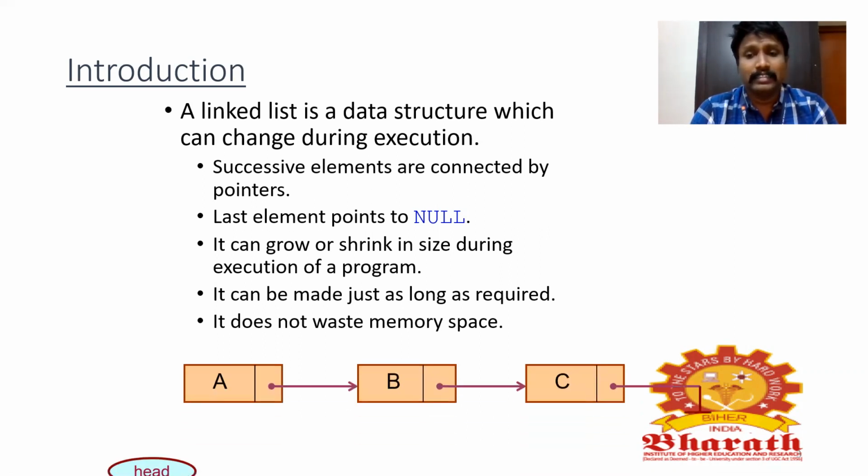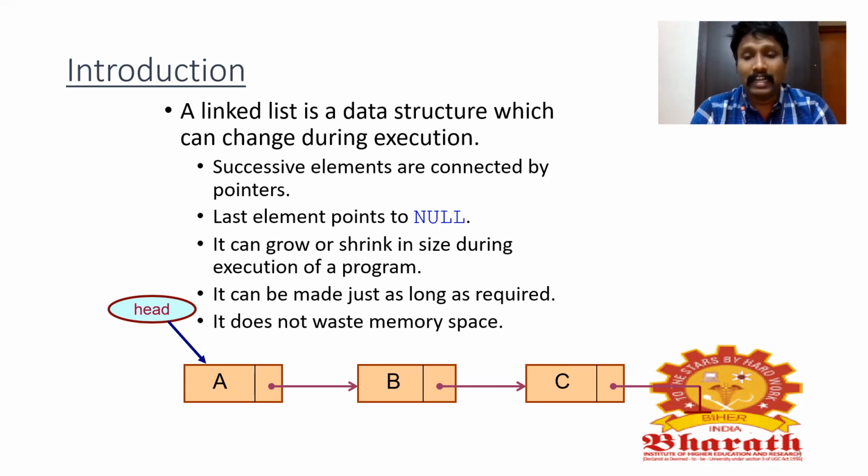As you can see, this is a complete structure of a linked list. Here three different nodes are given, and each node has two different parts, the data element to be stored as well as the pointer, the address of the second element. Let's go for an example. For the B node, the second node, which has element B, the address of the second node will be stored in the pointer of the first node. So it goes on.